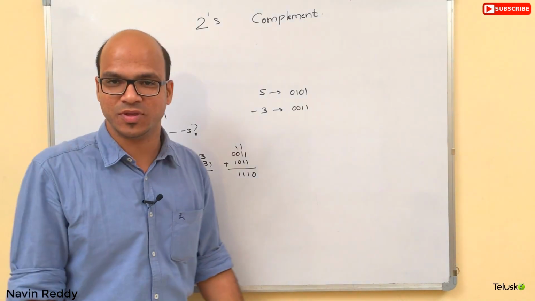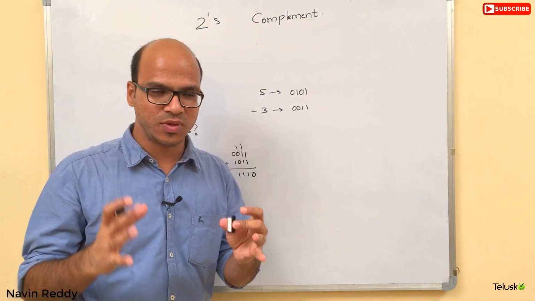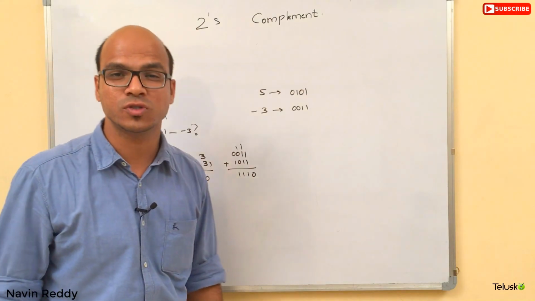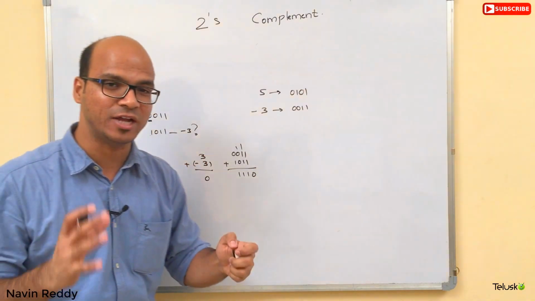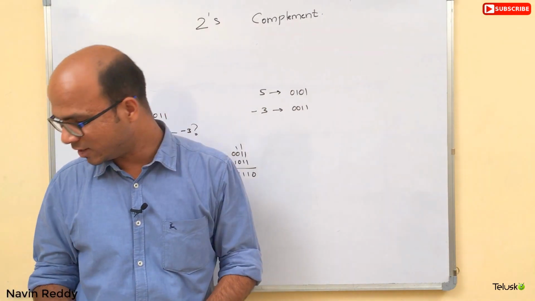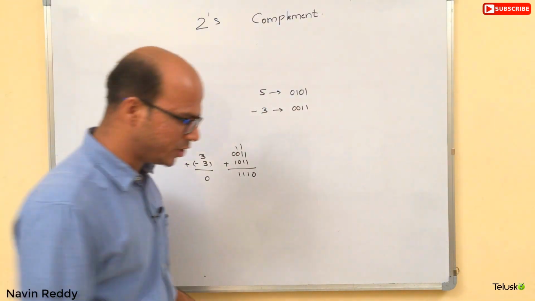Now how do you find minus 3 then? To find minus 3 here, we have to go for 2's complement. So if you want to convert a number minus 3 into binary format, you have to find the 2's complement. Now how do we do that? So to find 2's complement, what we can do is,